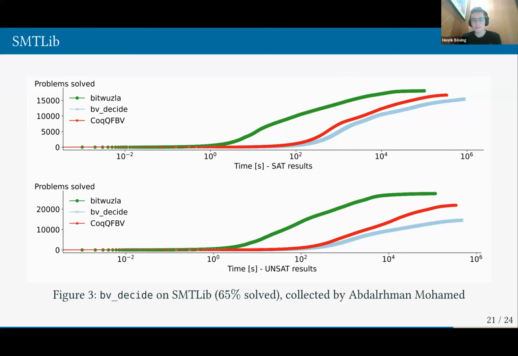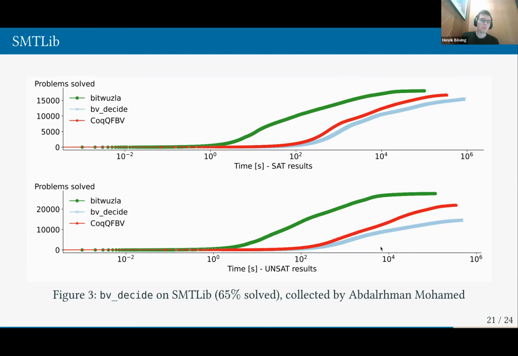For one, as I explained previously, they don't need to do any of the certificate checking and so on. But also, BitWurzler invested a ton of time into being good at this data set, right? They have all of the rewrites, optimizations, etc. So it is to be expected that they perform very well here. And additionally,